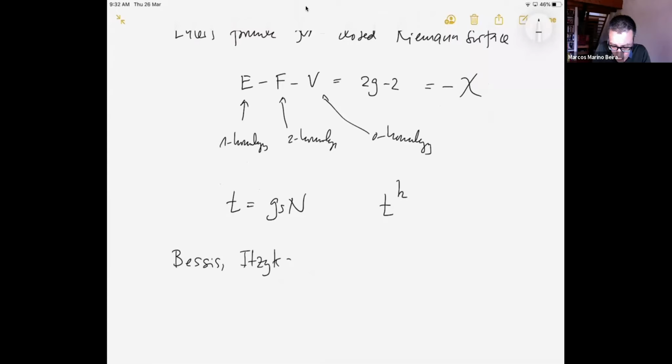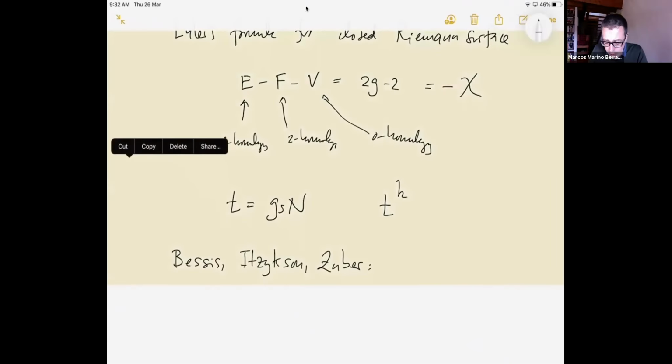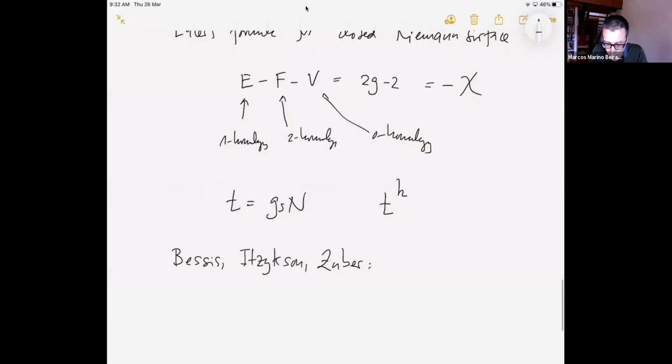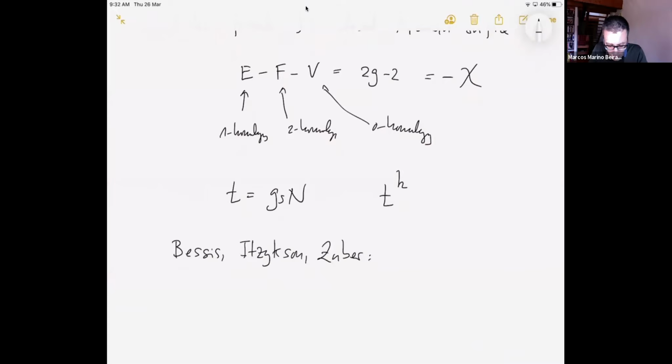You can find it in the references of the Polycopier, which is by Bessis, Itzykson, and Zuber, which is called something like quantum field theory techniques in the enumeration of graphs or something like that. So this is a very, very beautiful article,